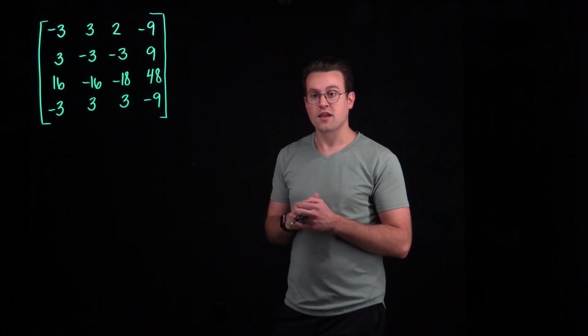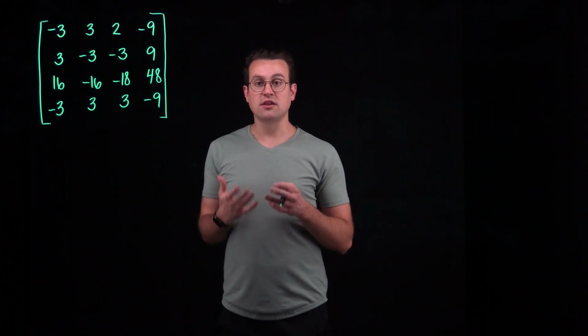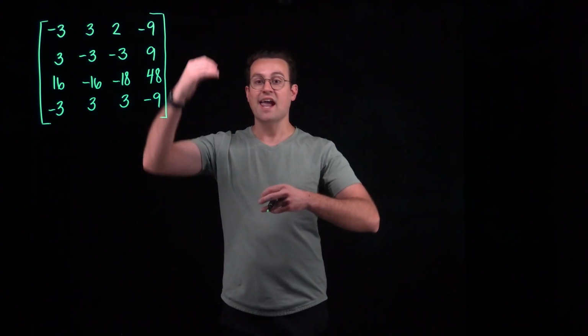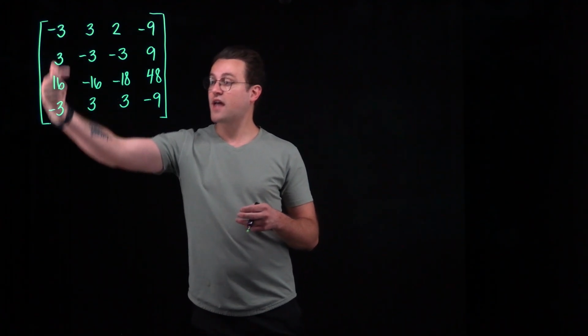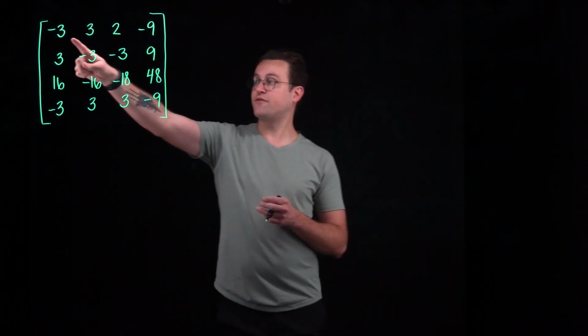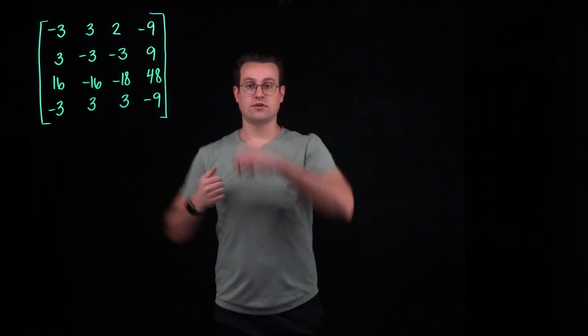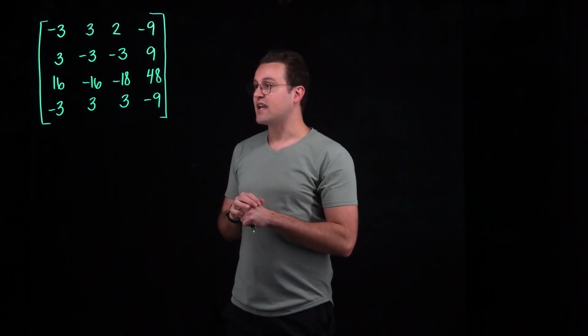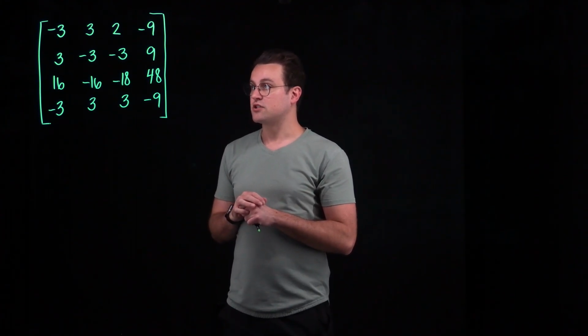Now, in this first step where we're turning something into a 1, there's a couple different options we have to consider. The first thing I might want to do is look to see if I have a 1 anywhere in that column. So if any of these entries were 1, the easiest way to get a 1 in that first slot is to just swap two rows. That's not the case here, so we have to be a little bit more creative.